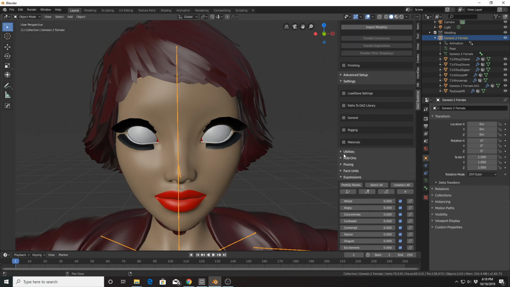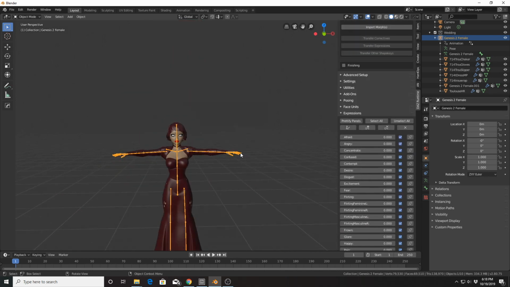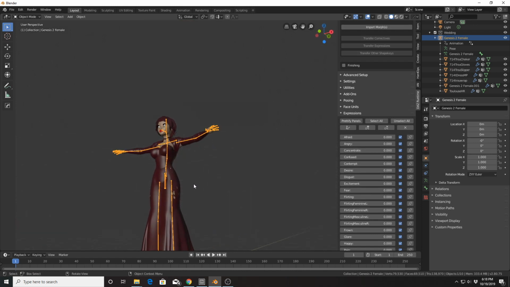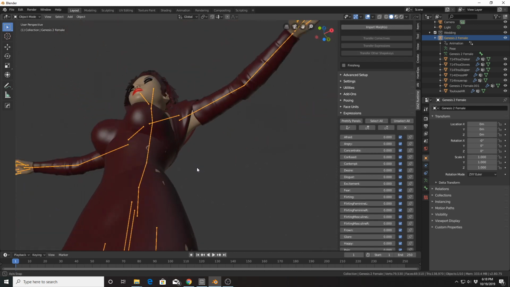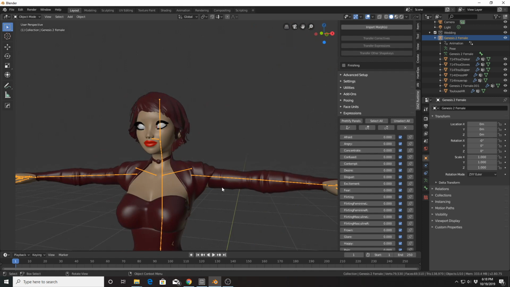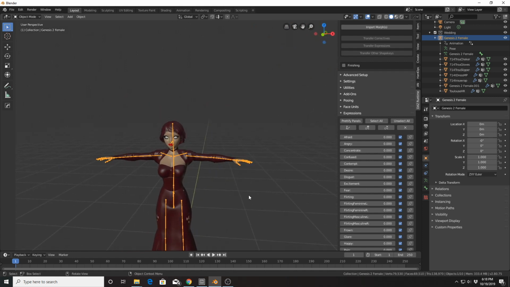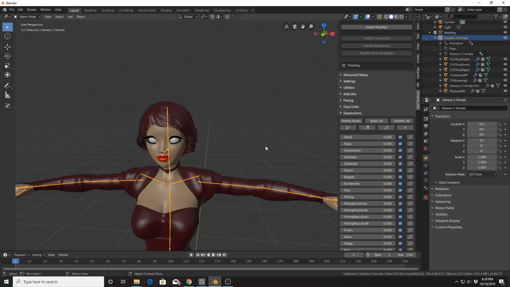I did want to note, you might have noticed in this particular model, the body's kind of poking through the skirt mesh, and that's just an issue I had in DAZ Studio with that particular clothing. That's not an issue with the DAZ importer or Blender. So that's just a bad example I use for a character mesh.